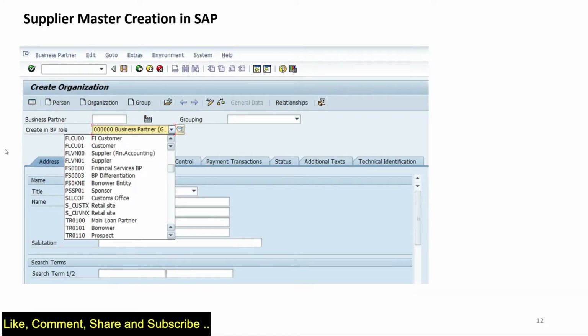Now, this is a typical transaction of a BP. When we type in BP here, this is the screen that opens. So these are the roles. We have to create an organization. For example, if it's a vendor, we have to click on this option, and we have to select a role. Normally we have the general role. We first create the BP under the general role, and then we have to select